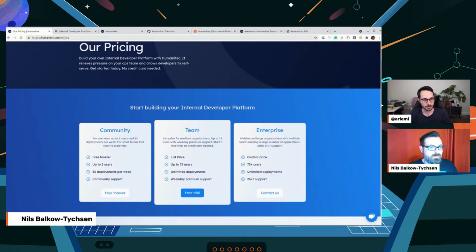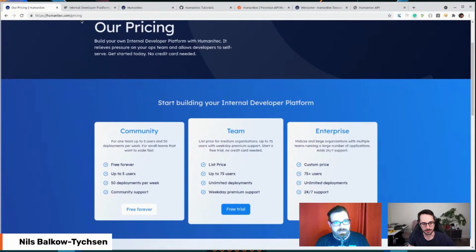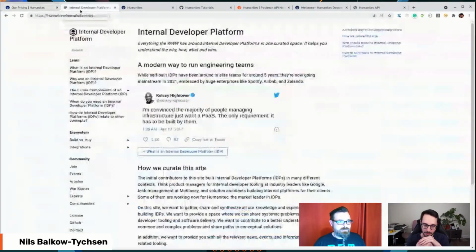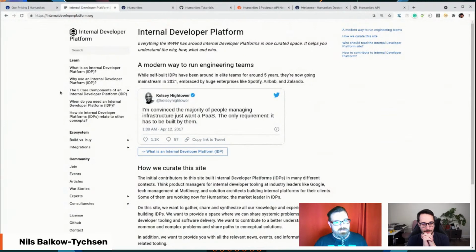One thing which is quite interesting, this term internal developer platform, a lot of modern development teams are talking about this, and a lot of teams have been building internal developer platforms for their own purpose, to make it easier for developers and platform or ops teams to get things done, basically. And this brought us to the term internal developer platform, and there's a whole website about this as well, internaldeveloperplatform.org, and we are contributing with a lot of other companies and contributors on this,